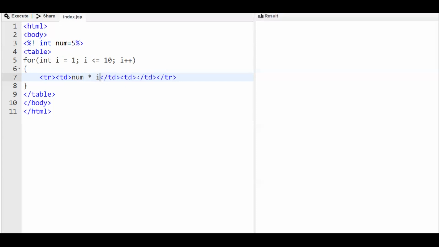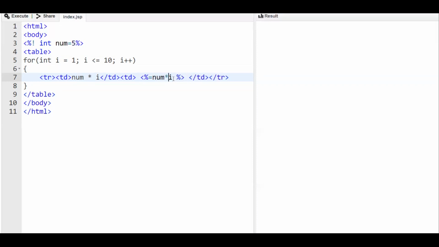And in the other cell, we want the multiplication, which is nothing but number into i. So the first one is different and this one is different. This number into i is a value, so we have to put it inside an expression tag. The expression tag is percentage equal to, and we end it with percentage.